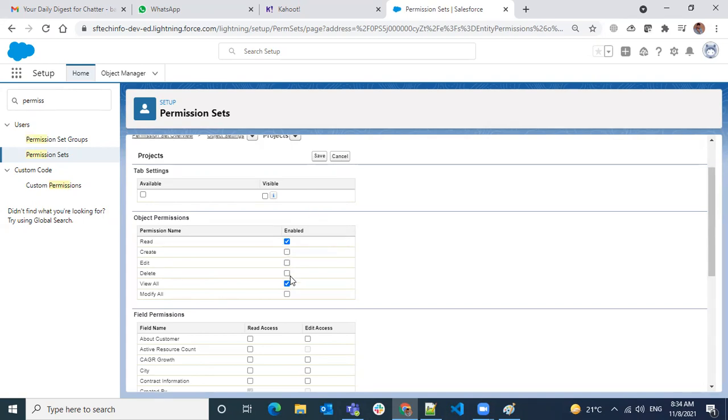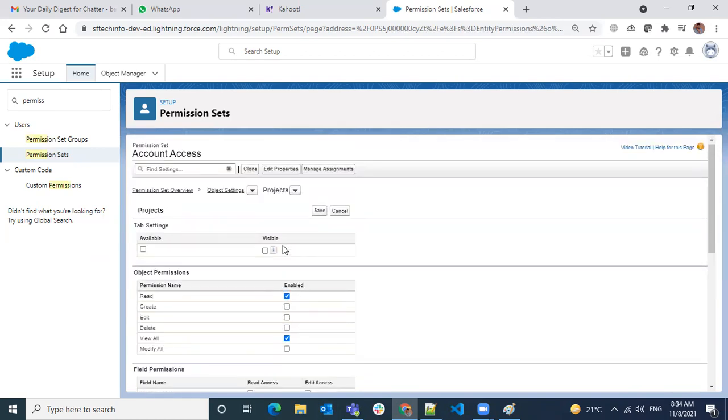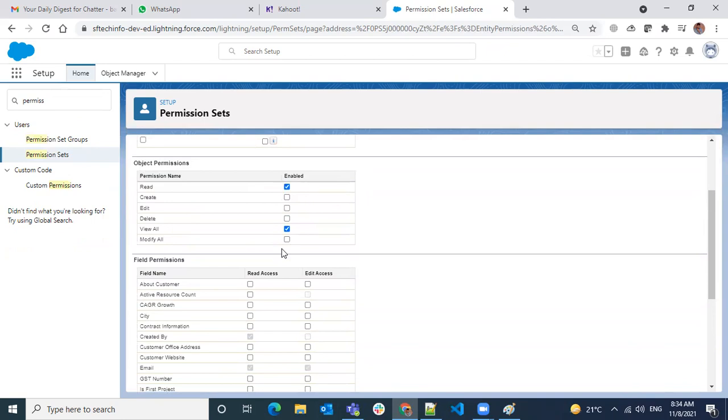If you uncheck, that means you're not going to remove. What is checked, it's going to give you if it's additional. If it is already there on the profile, it doesn't make any change. So permission sets always give you additional permission. On top of the profile, whatever you check in permission sets are your additional permissions.